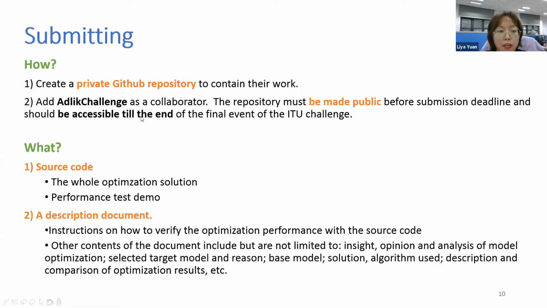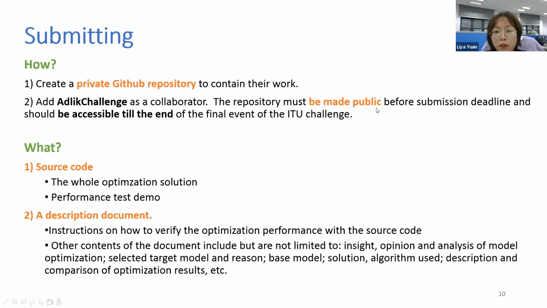And after you add the AdLeak challenge as a collaborator, we will get a notification, and then we will start your repository. Then you can work on your solution, but don't forget to make the repository